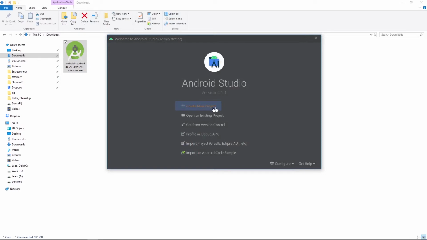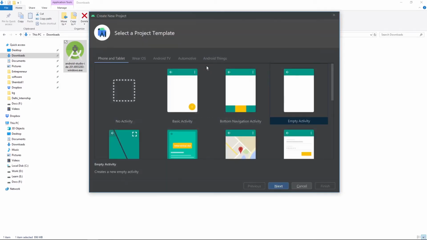Now we can open a new project in Android Studio, and this is the home screen of Android Studio where you can see different menus. And for now we are going to create a new Android Studio project. So click on create new project, and on the top